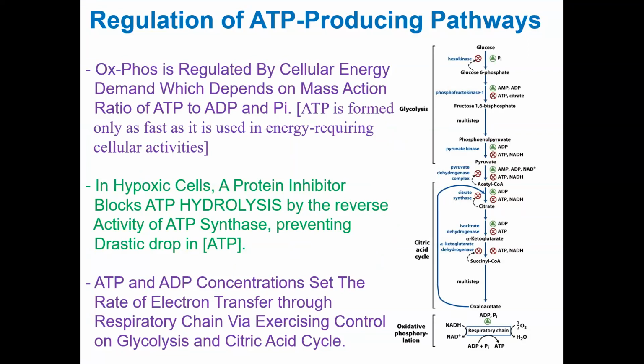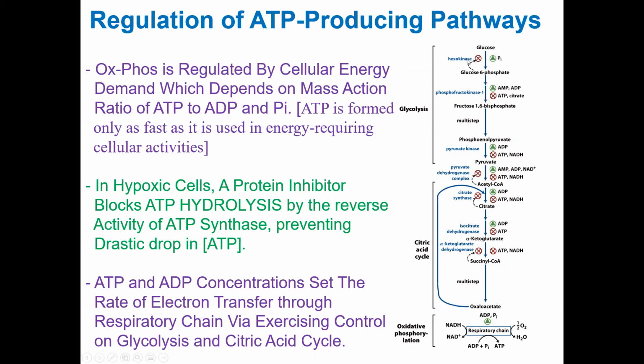That brings me to almost the last slide here, where we talk about ATP producing pathways and how they're regulated. If you look here, all these reactions you have seen, glycolysis on the top, some of the key enzymes, especially the ones that carry out or catalyze irreversible steps under cellular conditions, are tightly regulated by allosteric ligands.